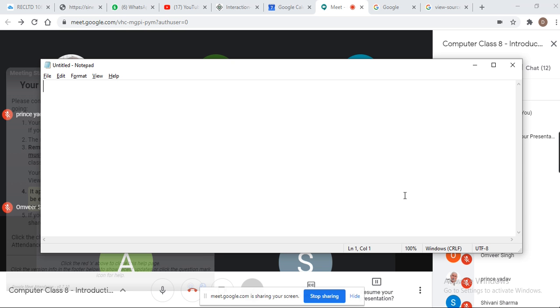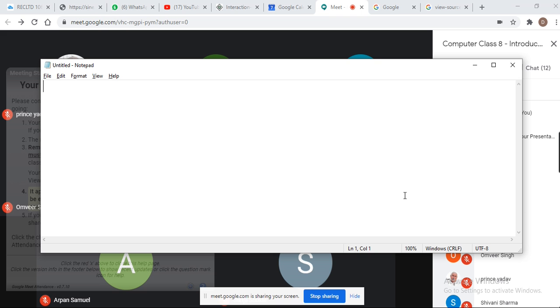So let's find out what the tags are. As I told you, every HTML page, HTML document, and every HTML coding starts with the HTML tag, or you can start with doctype. With this tag, just leave it behind that.